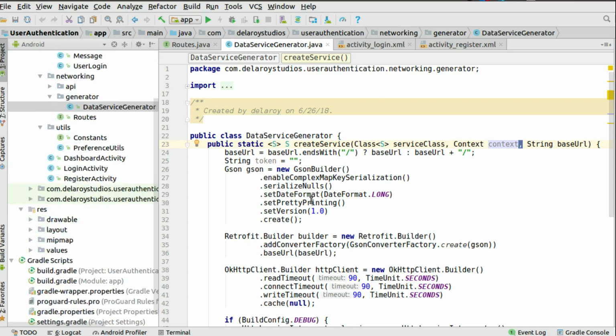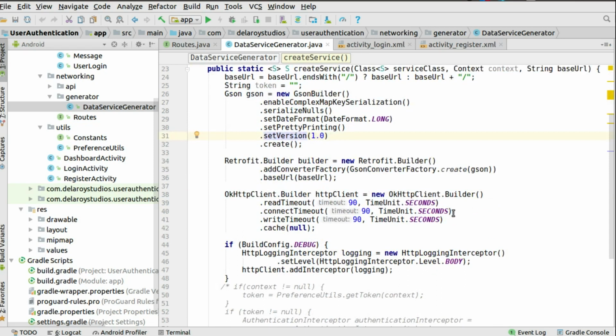JSON builder where you get to serialize if it's null, pass some parameters there, set the date format to long, set pretty printing, which means the JSON is going to be in pretty format, and also you could set the version of your JSON right there. You could start up with the Retrofit builder this way